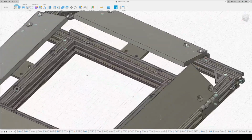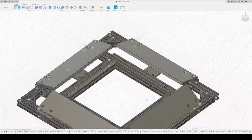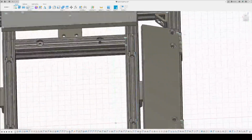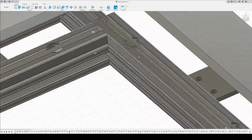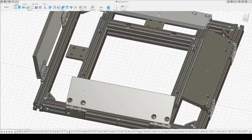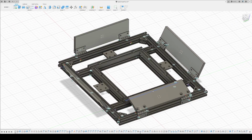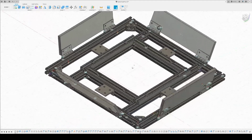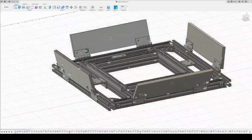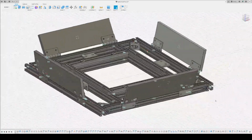These are 1 inch by 1/2 inch. I think they're also known as low profile extrusion, and they're actually held down to the interior rails via flathead screws. Like I said earlier, all the panels are hinged. I have them all separately hinged here, and the way that they are mounted to the hinges is via flathead screw. I didn't want anything protruding over the top of the panels, want it to be nice and smooth, so